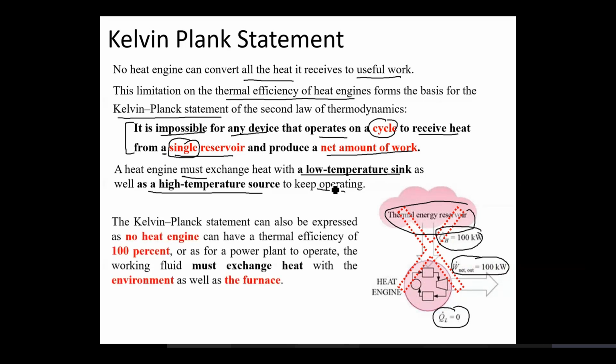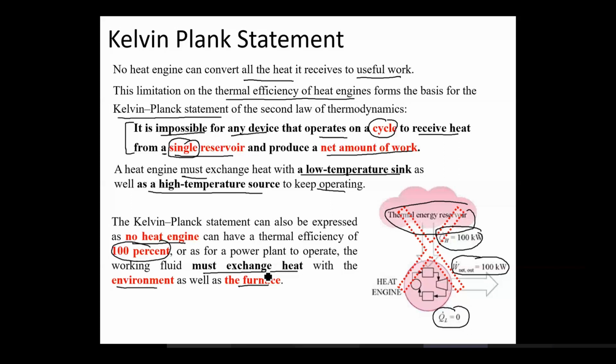Another view of the Kelvin-Planck statement is that no heat engine can have a thermal efficiency of 100%, or as for a power plant, the working fluid must exchange heat with the environment as well as the furnace. So we have looked into one component, which is the engine. Let us look at